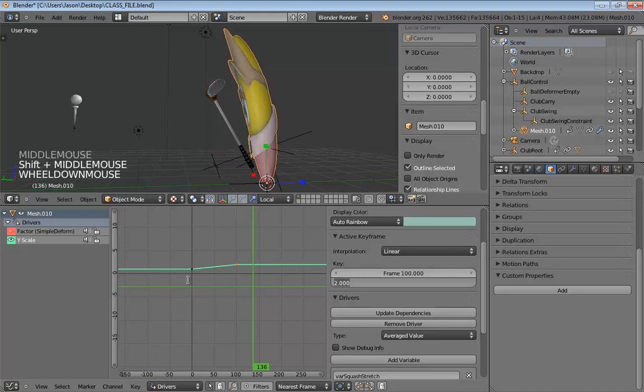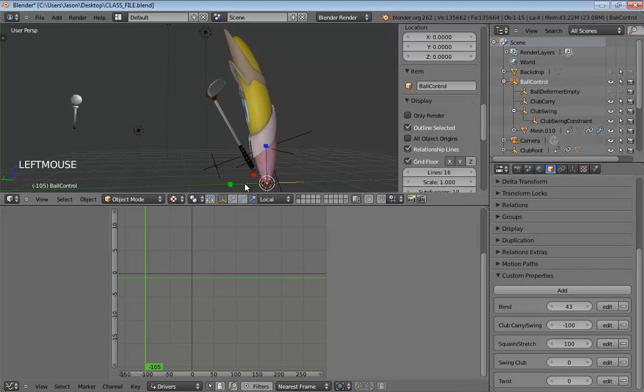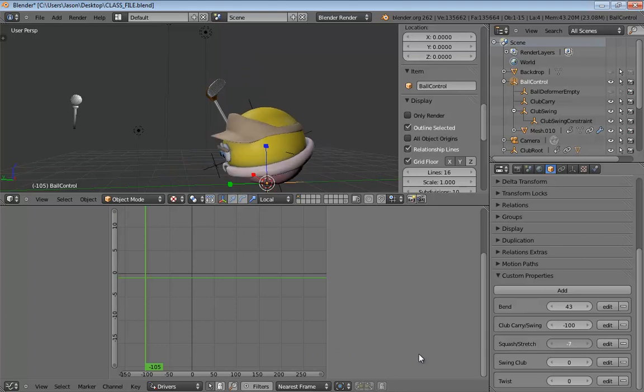All right, and now let's jump over here to the opposite side, and we'll paste. So at frame -100, we're going to have a value not of 0. We can't scale him down to 0. We're going to set this to, let's see, 0.6, I believe. And now it's a good idea to double check that. And that's a little extreme, but again, as before, nobody says you've got to animate that going down all the way. I think I kind of want to pull those down a little bit, but I'll restrict myself. I'll be good. All right, so that handles our squash and stretch.